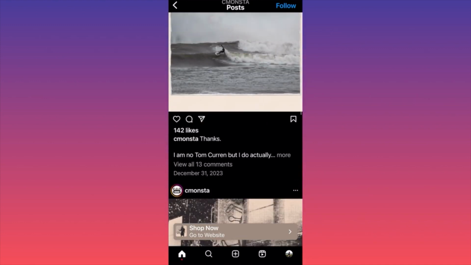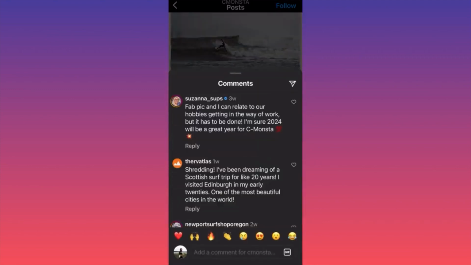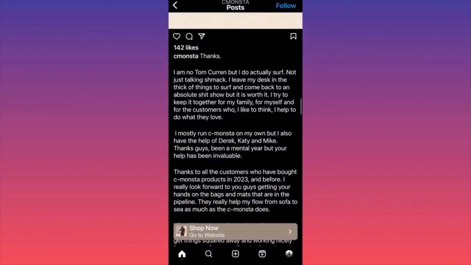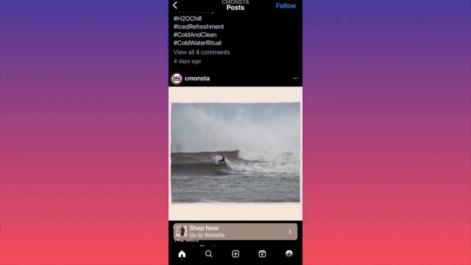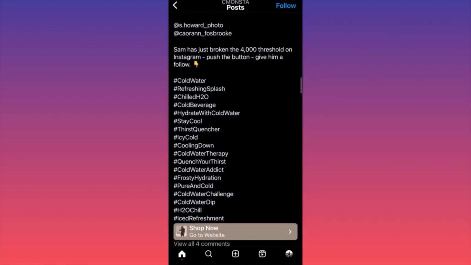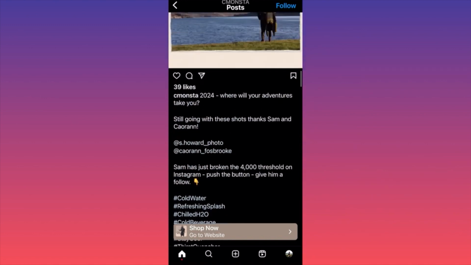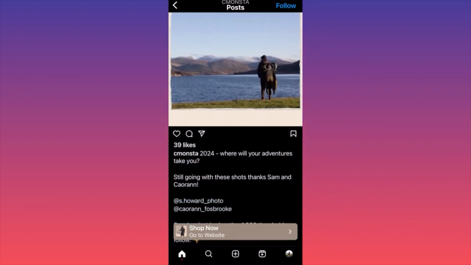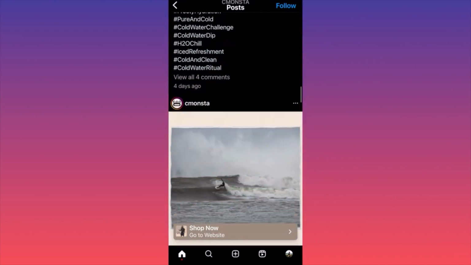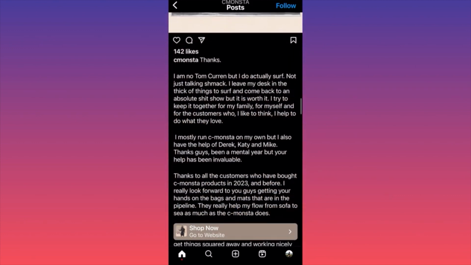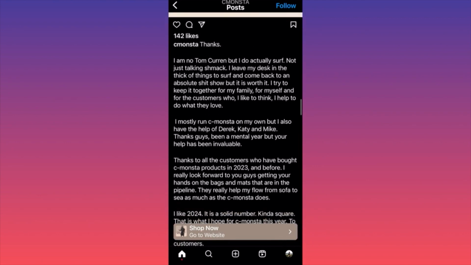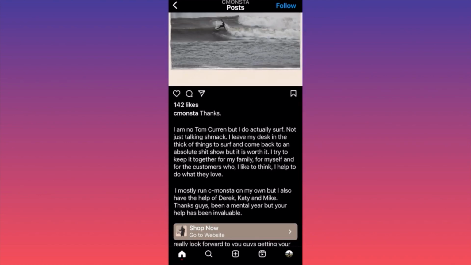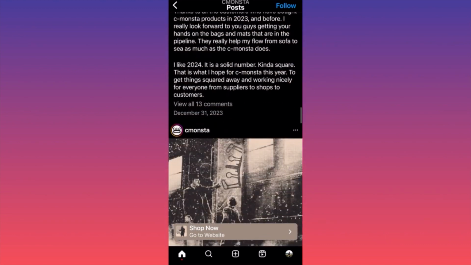Compare this post with a post that doesn't have the actual hashtags. How about this post over here? Same thing, guys. Just look at this. 4 days ago, they included 20 plus hashtags and almost didn't even get 40 likes. And the post prior just has a little longer description with 0 hashtags, and has 142 likes. Do you understand what kind of difference we're talking about? Everything is in relation with the recent update.